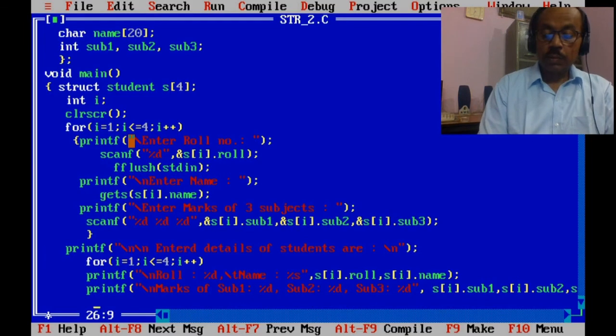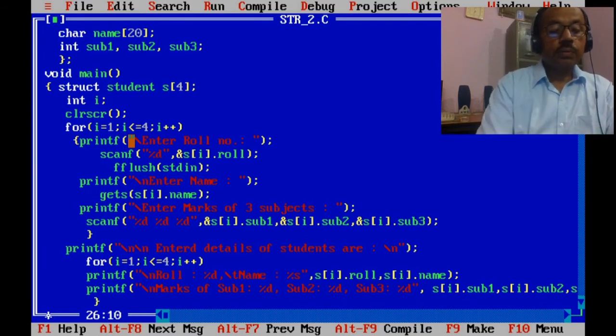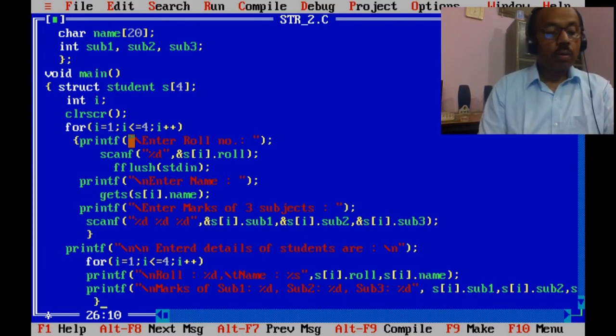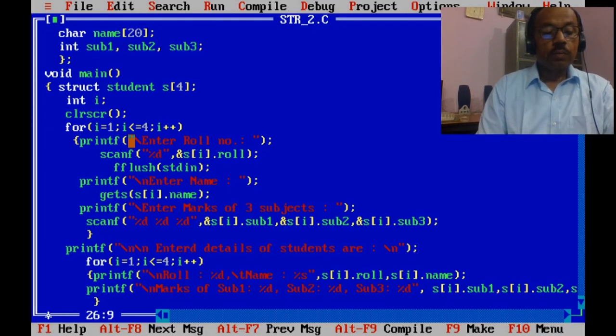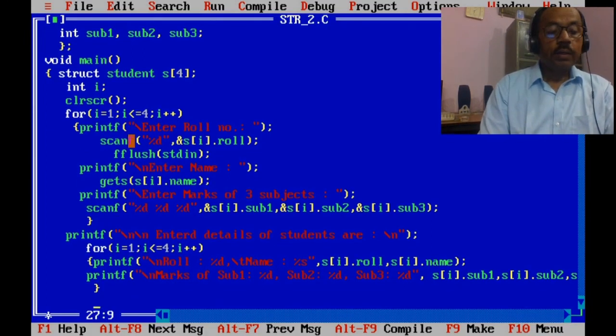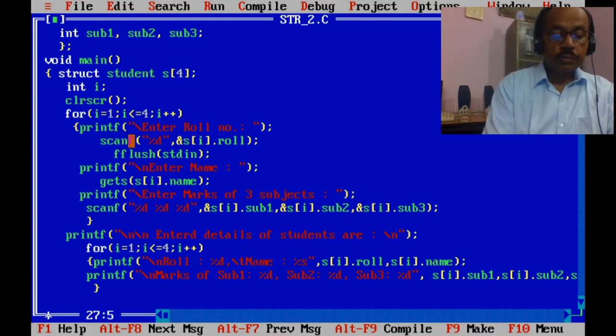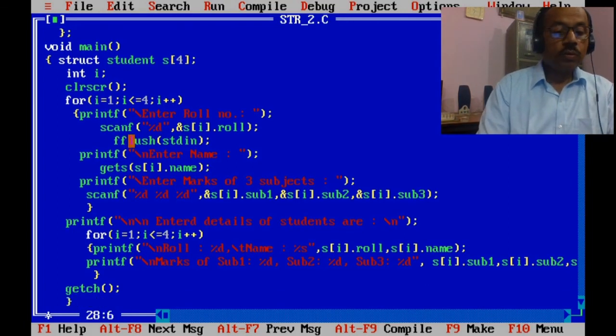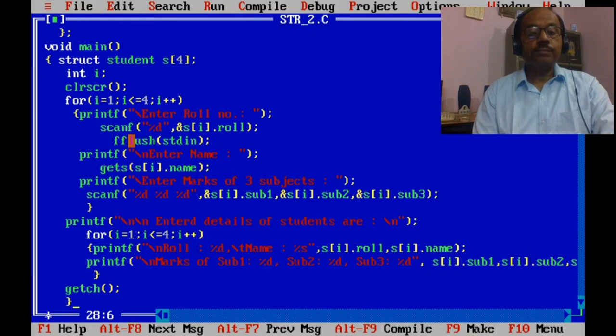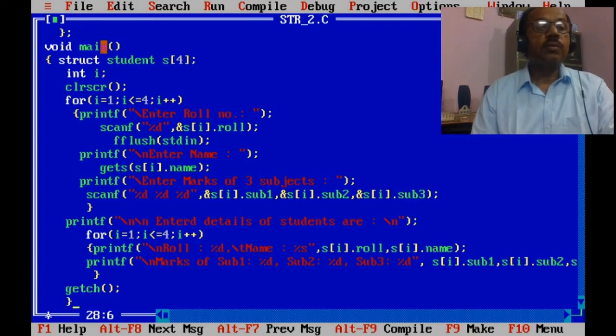Now this is the completion of the block. To halt the result we put getch, and this is the closing brace of the program.